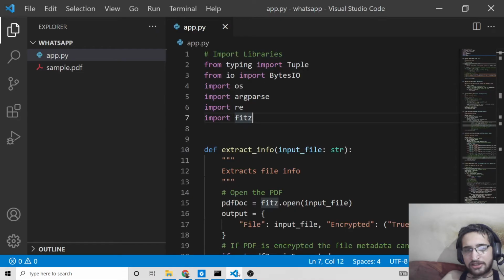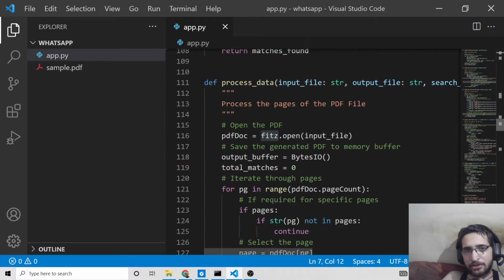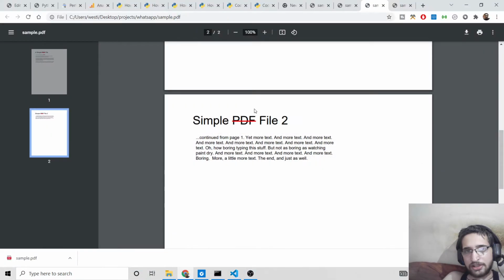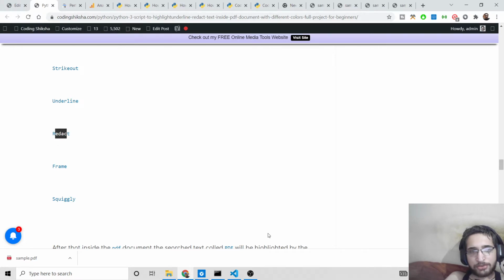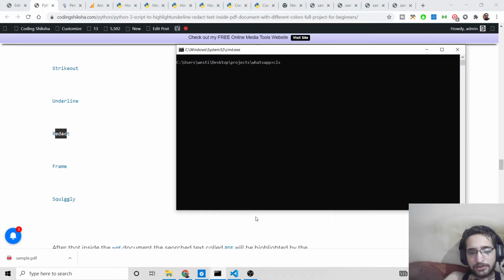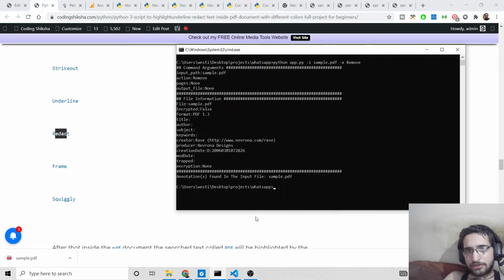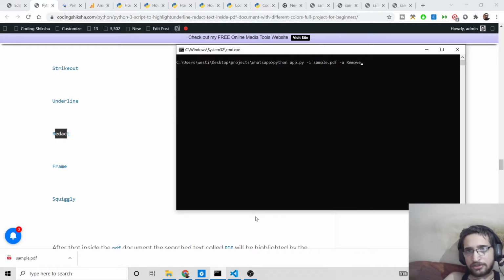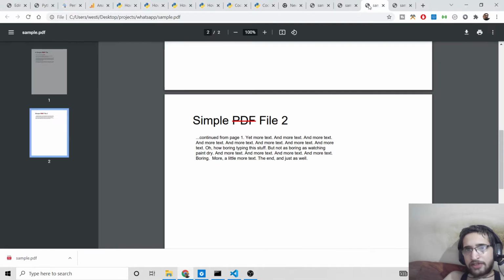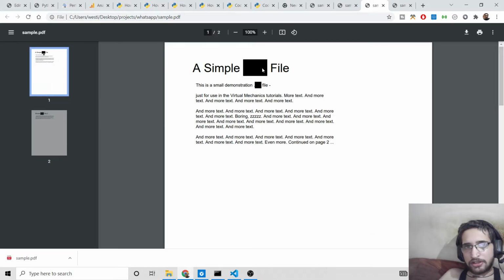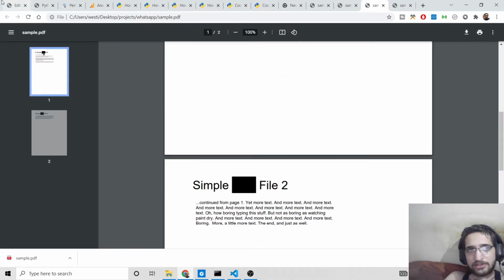You can change all the colors inside the application. You can modify this Python code accordingly. You can change the colors as well, so you need not use red or yellow color. So this is strikeout. Then we have this option, redact. This will hide the text for you. Let me first of all remove this highlighting, and then we can pass this option, which is redact. So once again, if I refresh it, you will see it puts a black background here. You cannot see this text, so it has hidden this text.